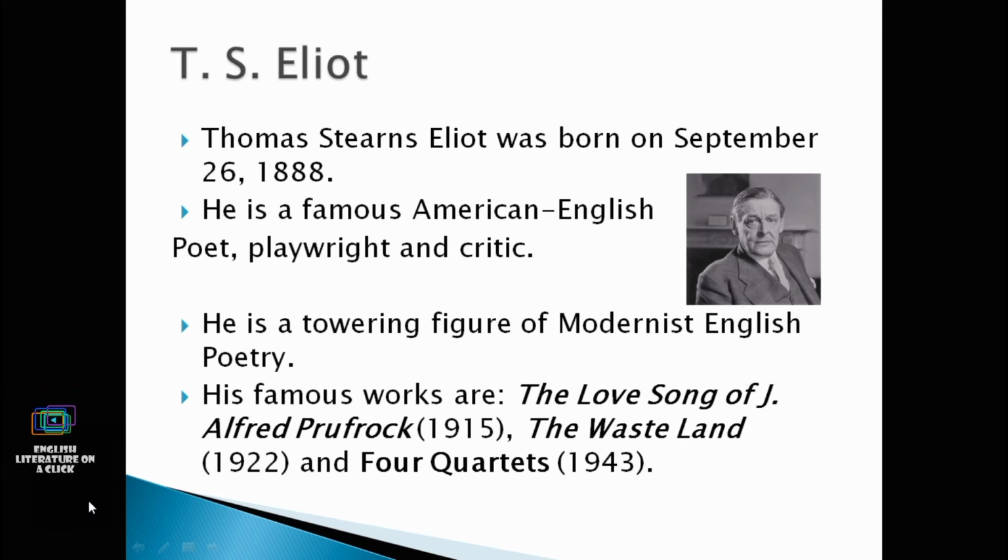His famous works are The Love Song of J. Alfred Prufrock, published in 1915. The Waste Land, a modernist epic, published in 1922. And the third important work is Four Quartets, published in 1943. Among all these three works, The Waste Land is the representative work of T.S. Eliot as a poet. However, a lot of other poems are famous, like